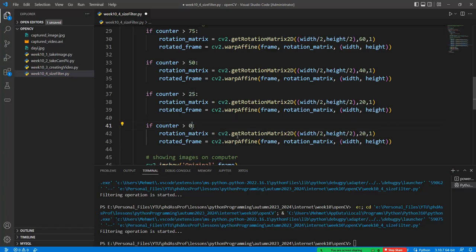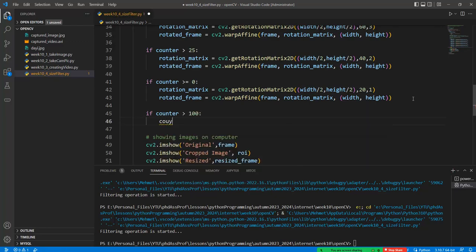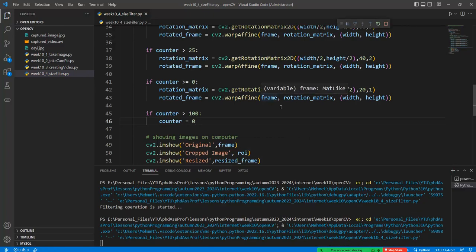And so if counter is greater than 0, and after that or 0 equal values in here like this one, and this is the 20, 40, 60, and 80. Okay, or we can scale this function like this one, 3 and 4 values in here. After that we should check if counter is greater than 100, we assign counter equal to 0. Okay, and so if I run this code,